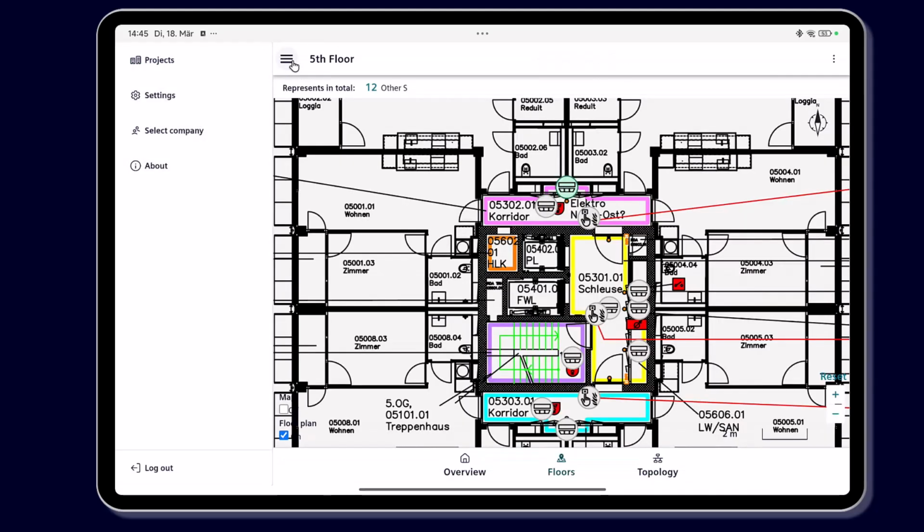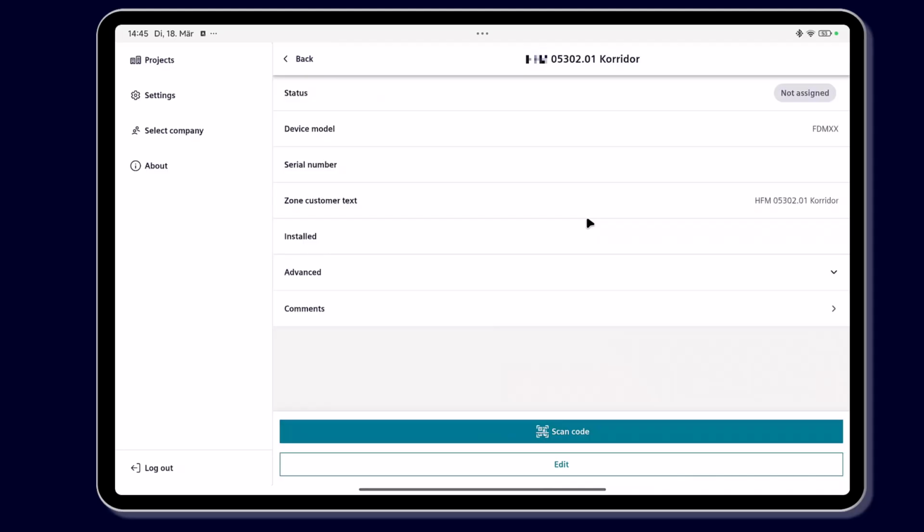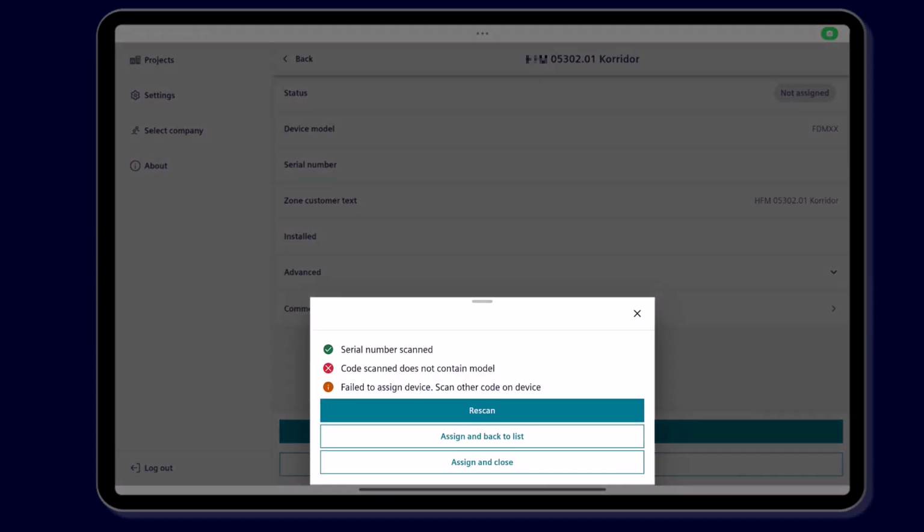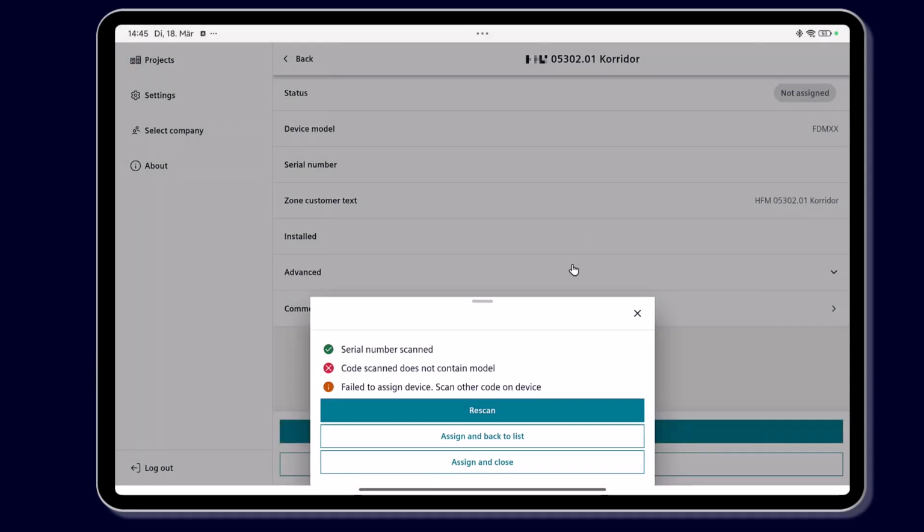An additional quality control mechanism is implemented during the selection of a device model. In the event that an incompatible device type is detected, the user is prompted to either proceed or discard the selection. In the event of a successful outcome, the status of the device will be overwritten.